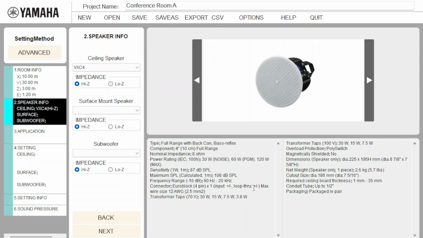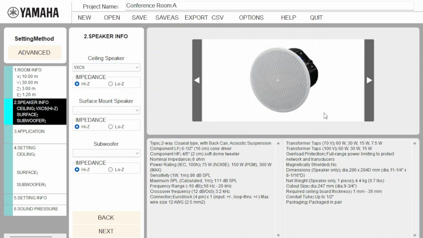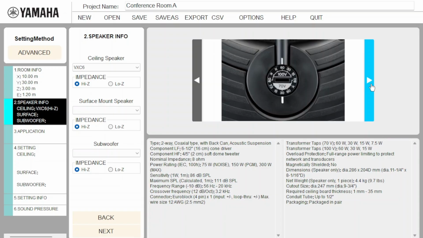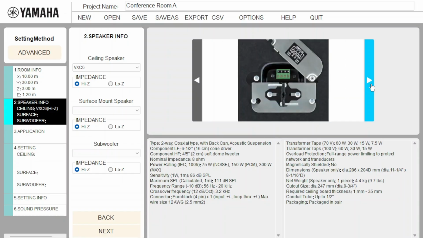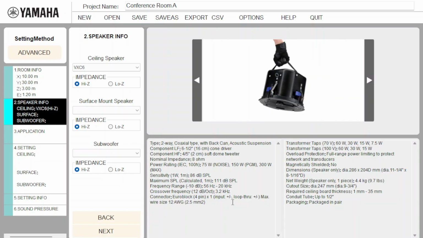Now this is where we start to choose our speakers. You need to have a little bit of knowledge about speakers at this point. Hitting this little drop down will give us a range of speakers that are available from the Yamaha catalogue. I happen to like the VXC 6s, so I'm going to choose that. Over here on the right we get a picture of it. We can scroll through and it gives us some other pictures. These ones come in black or white, the tap values and so on, as well as the specs of them down the bottom,